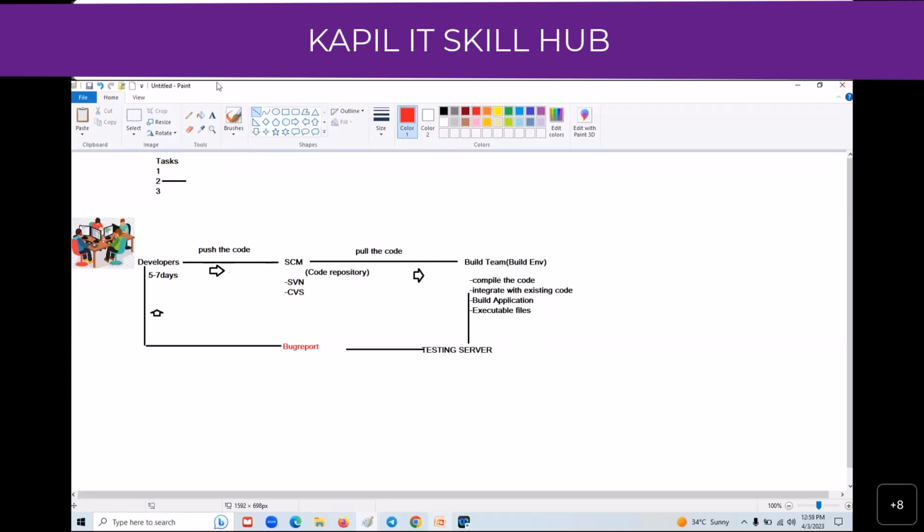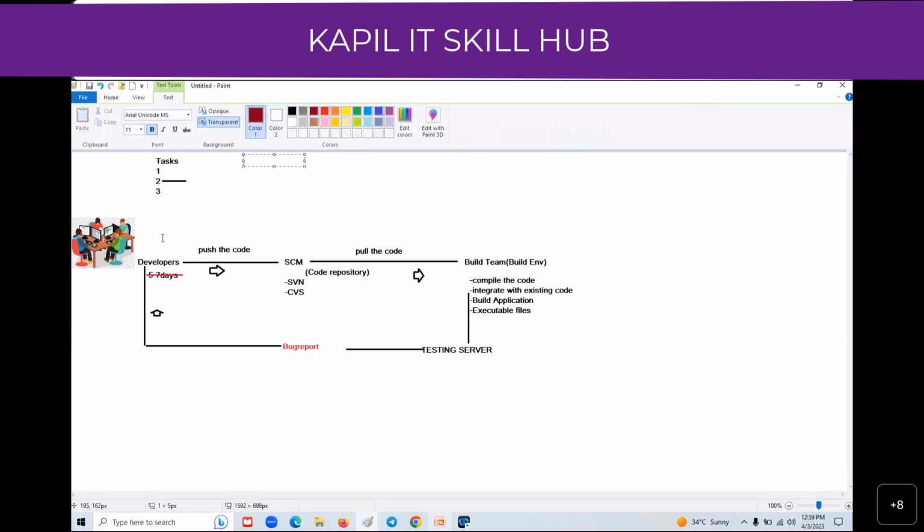The management experts made a complete analysis of this approach. They thought, how can we reduce these 5 to 7 days into a few hours? They arrived at the concept of automation.